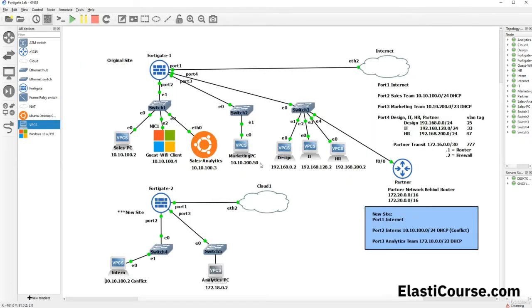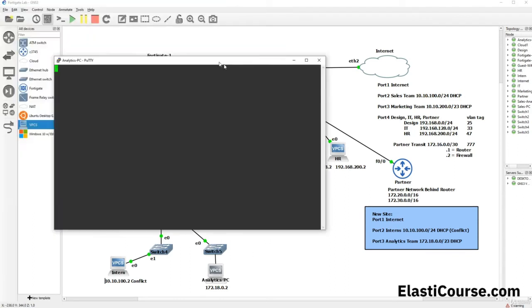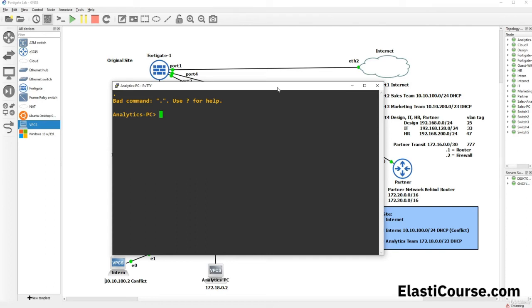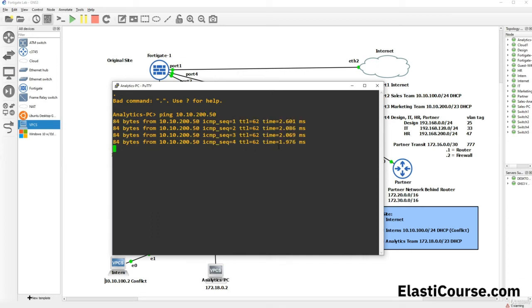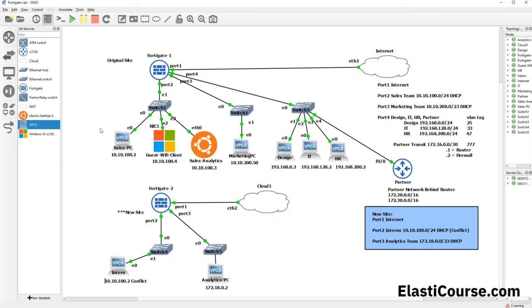So now that we've verified marketing PC can ping analytics PC, let's try to do the same the other way around. And on analytics PC, let's try to ping 10.10.200.50. And now I can also ping the other way around through the VPN tunnel. Now that we configured a functional VPN tunnel between this subnet and this subnet, we can also do the same